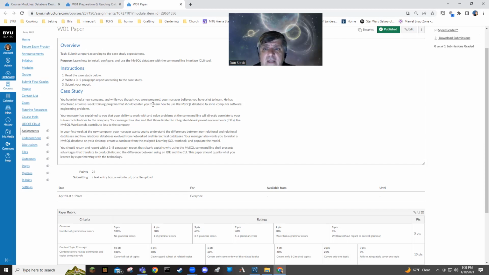3 to 5 paragraphs, that's not 3 to 5 sentences. I'm not a huge stickler on it. If you get the information to me that it's asking for in a way that I can understand, I'm not going to lose my mind that it's not 3 to 5 paragraphs. If it's like 2 sentences and doesn't explain a whole lot of anything, it's not going to fly. I like to see code examples when there are questions about coding, to see that you know what you're talking about. More so than the quizzes, you're showing me that you understand the context of the lessons from this week.